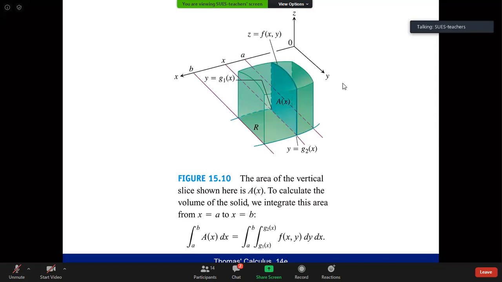So the region is no longer rectangular anymore. However, if we start from the previous one, we keep going and still assume that x is from a to b. We are trying to add up all the small slices, all the small slices when we fix x. So now what we can do is we need to know what is the